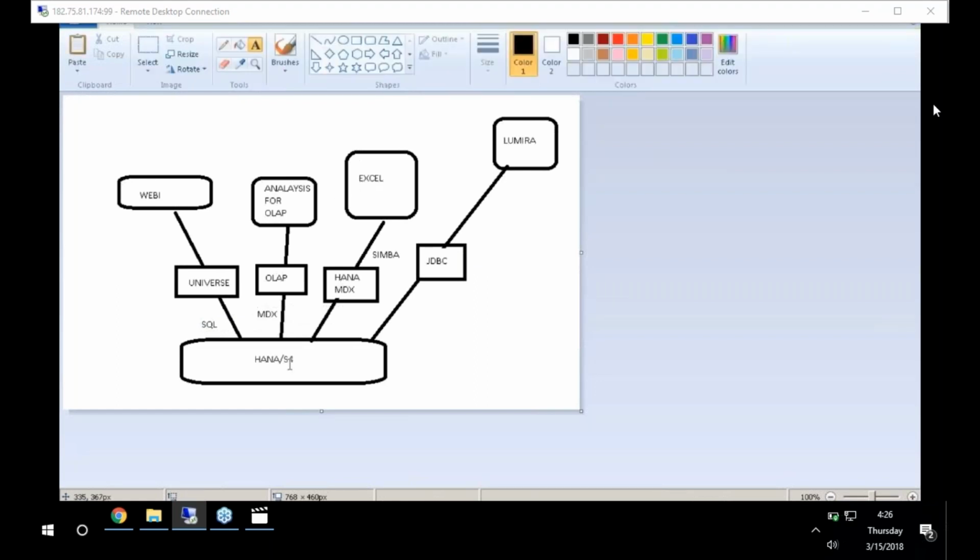Excel to S4HANA communicates using the HANA MDX provider provided by Simba Technologies. Lumira connects using JDBC. Now, S4HANA can also connect